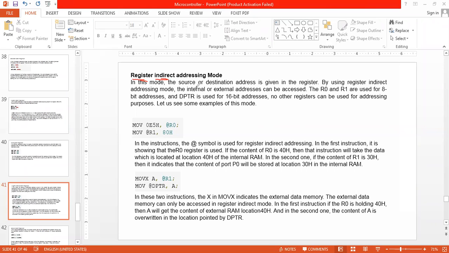Basically here, either the source address or the destination address is given by the register. Now basically in the direct addressing mode, what we were doing was